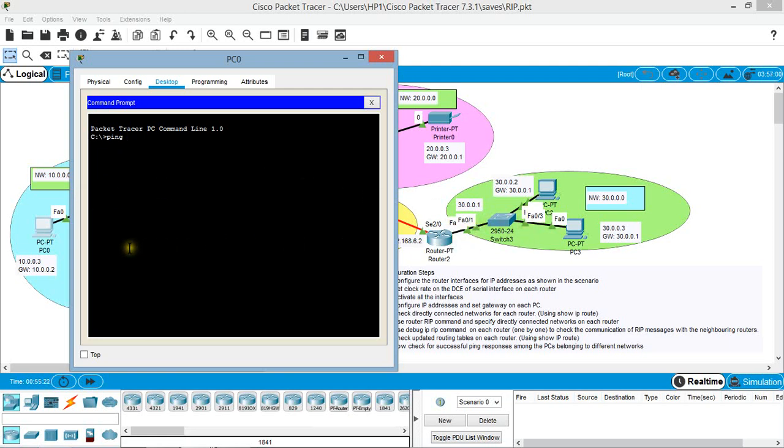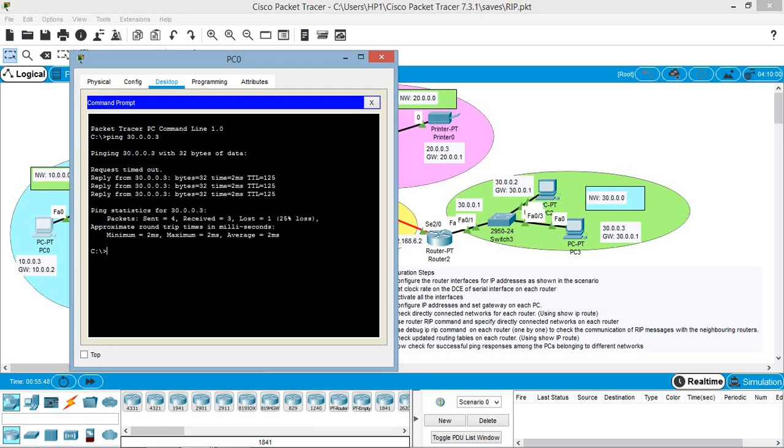PC3 and PC0 are in different LAN networks, and they are connected via the routers, router 0, router 1 and router 2. So I'll have to mention the IP address of PC3 here. PC3 IP address is 30.0.0.3. So here the IP address is pinged, and we should get the successful ping response. So yes, we are getting the successful ping response.